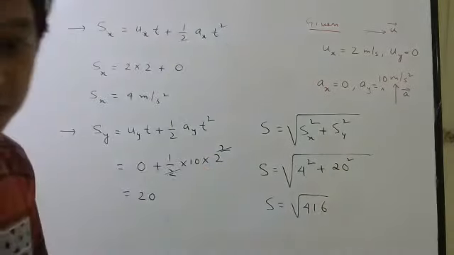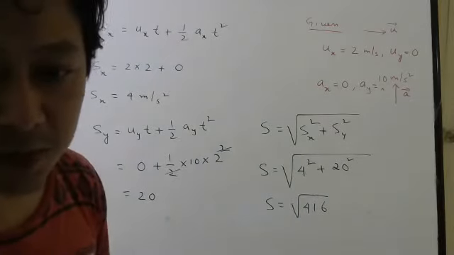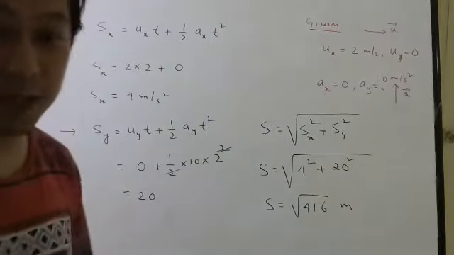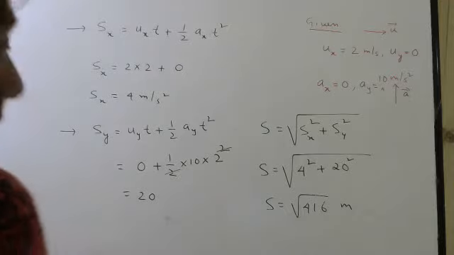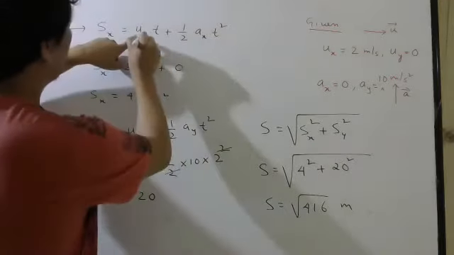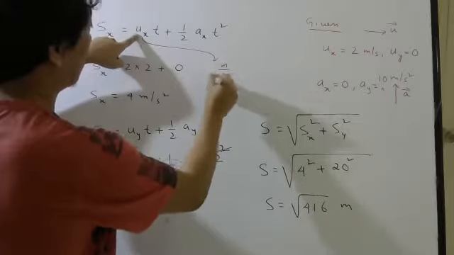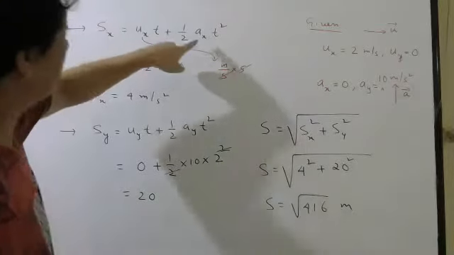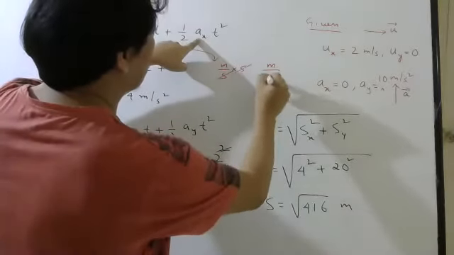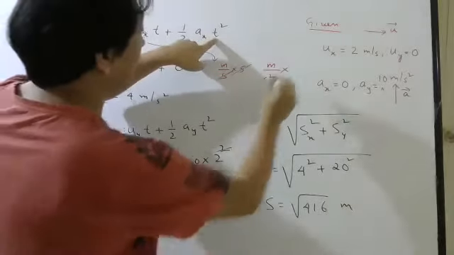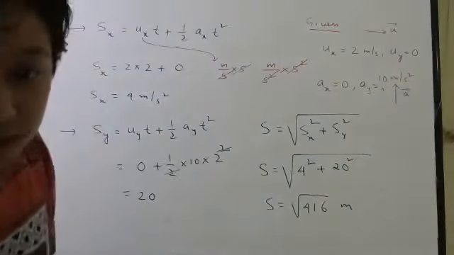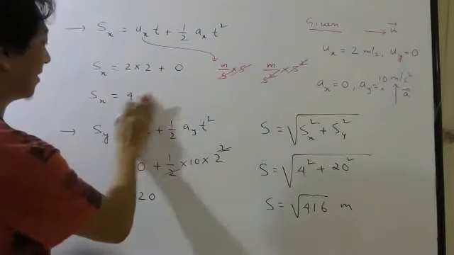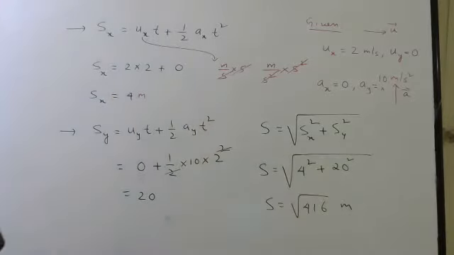What will be the unit? Unit of displacement. Meter, right? Displacement means how far you have gone. You can check here also. See, what is this? Velocity. So this is meter per second. This is second. So second will cancel. Similarly, this acceleration will be meter per second square into time square. Time square means second square. Second square will cancel. Correct. Sorry.